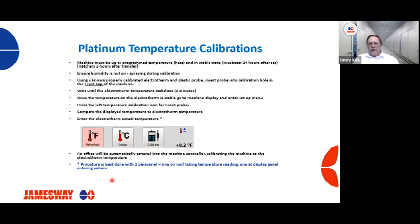But again, this is not a job that you need to rush, and you certainly don't want to rush doing it, because if you calibrate improperly, that's worse than not calibrating at all. So you definitely need to be selective on who